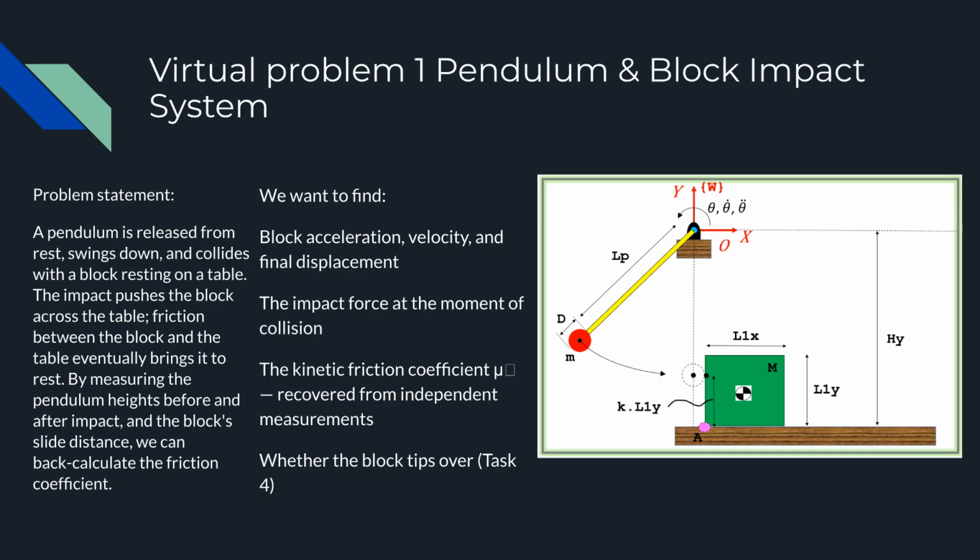A pendulum swings down and collides with a block on the table. The block slides until the friction stops it. By measuring the pendulum heights and the block slide's distance, we can back calculate the friction coefficient between the block